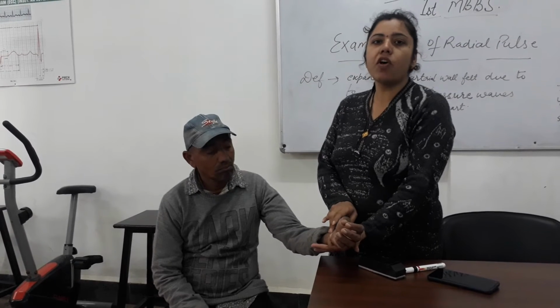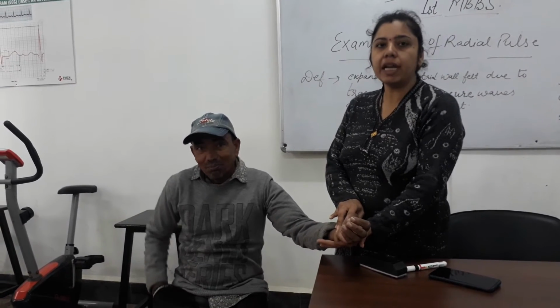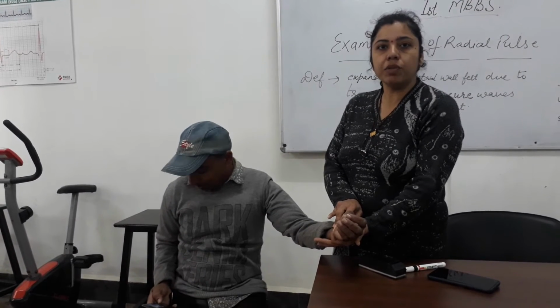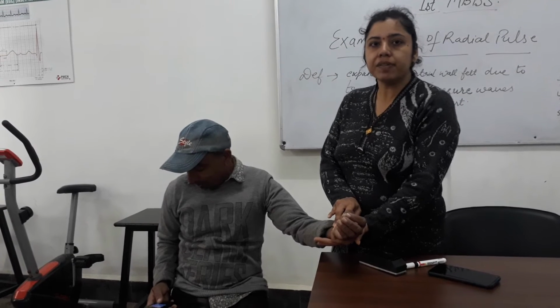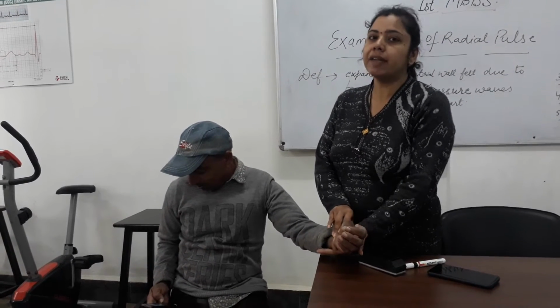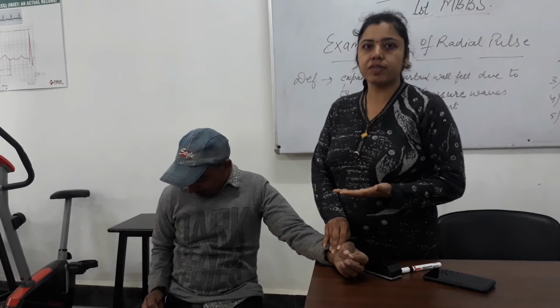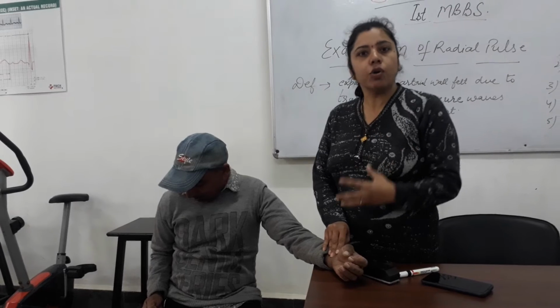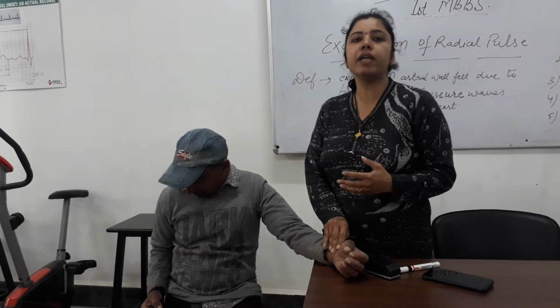Second is the volume. You have to feel the expansion of the artery under your middle finger. How much expansion of the radial artery you feel under the middle finger, we call that the volume of the pulse. The volume of the pulse can be high and it can be low. It is high in conditions like thyrotoxicosis, anemia, where the blood circulation is hyperkinetic, and it is low in conditions like shock. It is a thin and thready pulse.